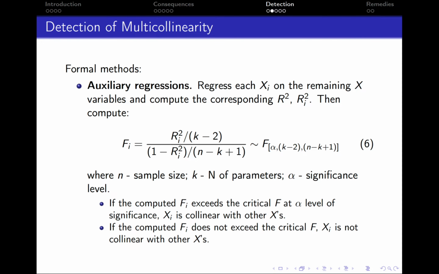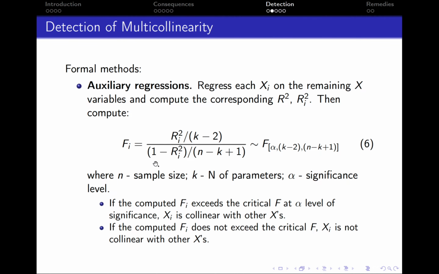There are some formal methods to detect multicollinearity, and the first one is based on the auxiliary regressions. Auxiliary regressions is when we take each independent variable and we regress it on the remaining independent variables and compute the corresponding r-squared. After this, we take this computed r-squared from this auxiliary regression and we compute the f-statistic using